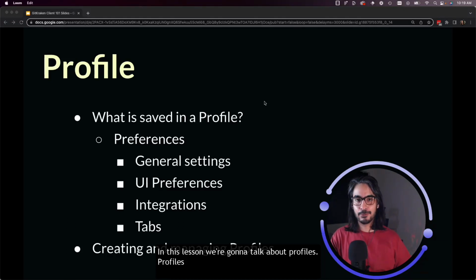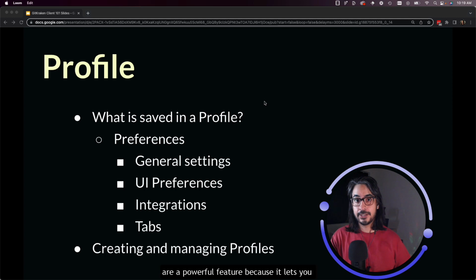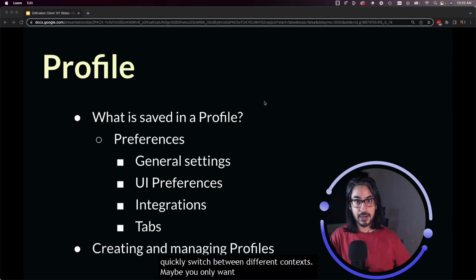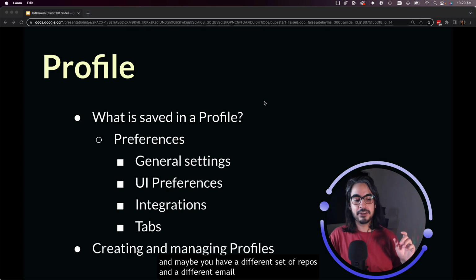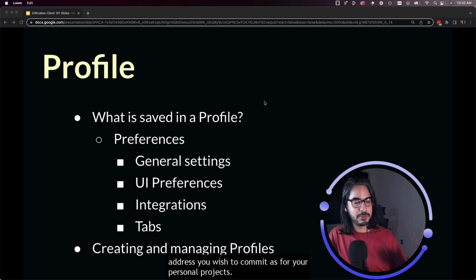In this lesson, we're going to talk about profiles. Profiles are a powerful feature because it lets you quickly switch between different contexts. Maybe you only want to look at repos and commit as a specific author for your work. And maybe you have a different set of repos and a different email address you wish to commit as for